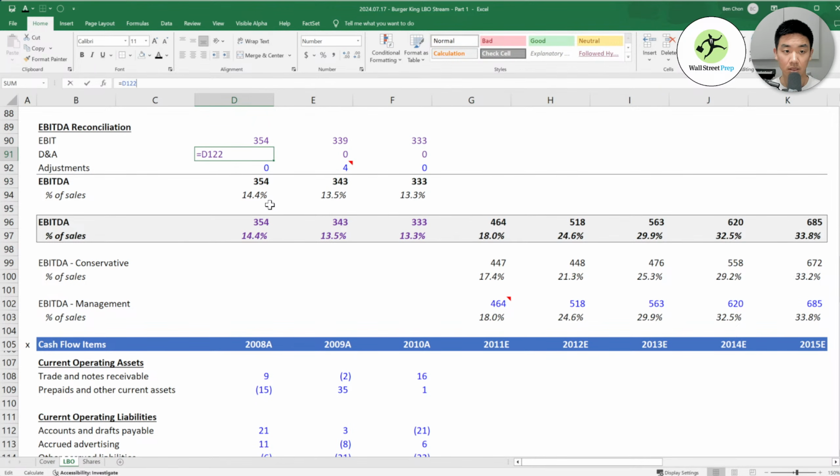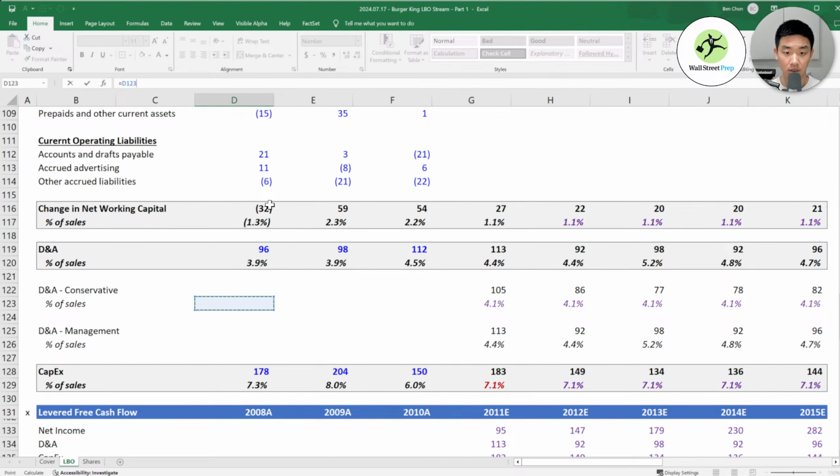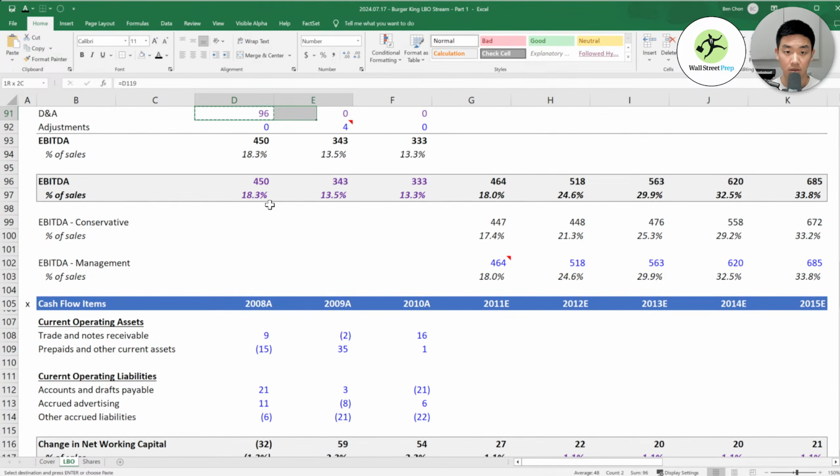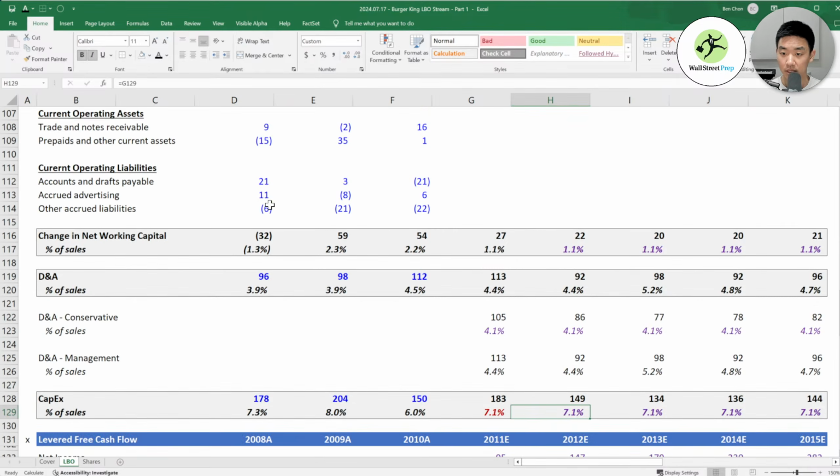This D&A should flow to the historical D&A. Yeah, 445. So then this should be 445 and 8.8x. Okay, that makes more sense.